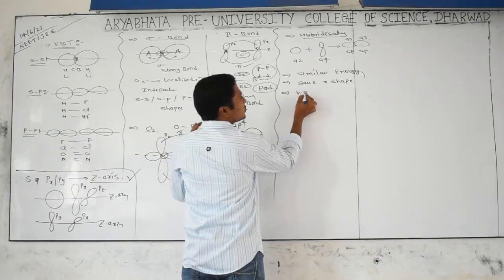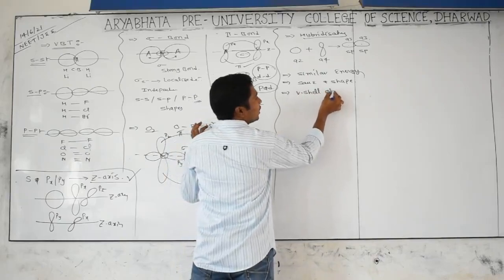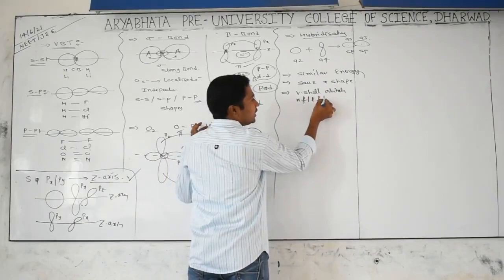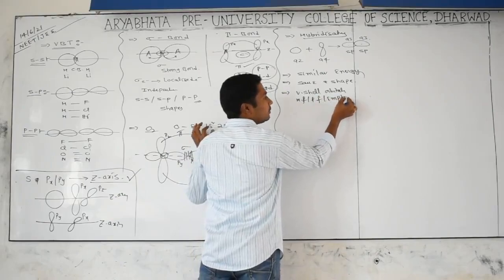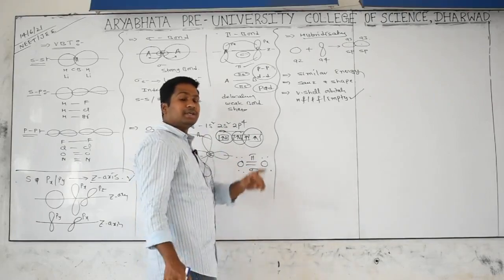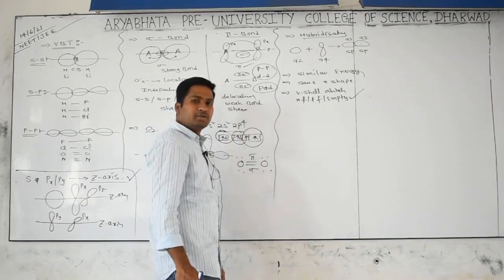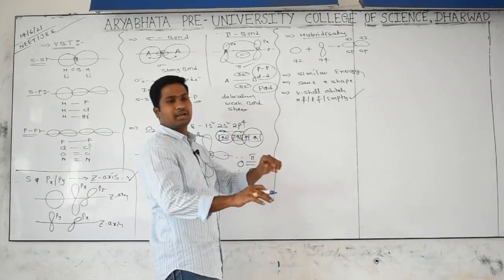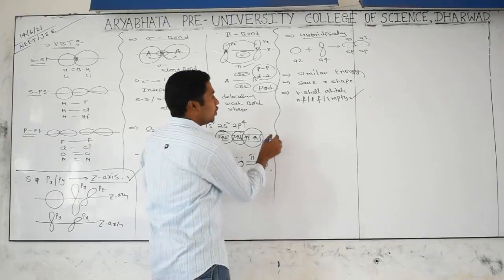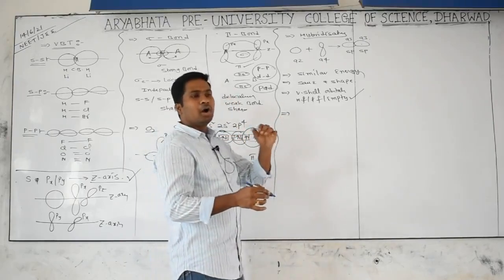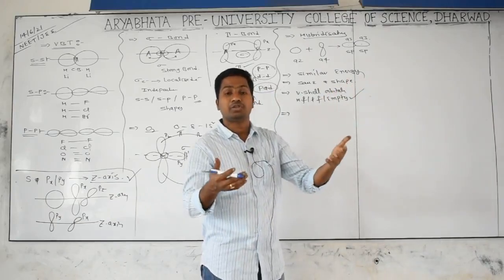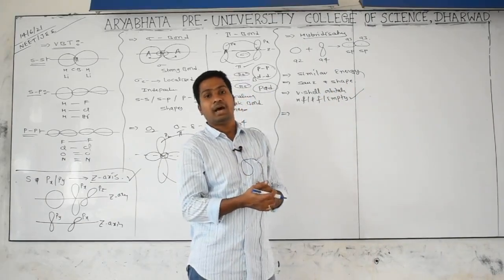Valence shell orbitals, whether half filled, fully filled, or even empty, can participate in the hybridization. But according to VBT, only orbitals containing a single or unpaired electron are involved in the overlapping. It is not like that: hybridization involves half-filled, fully filled, or even empty orbitals also. One more thing, it is not compulsory that all valence shell orbitals participate in the hybridization. According to the situation, they may or may not participate.